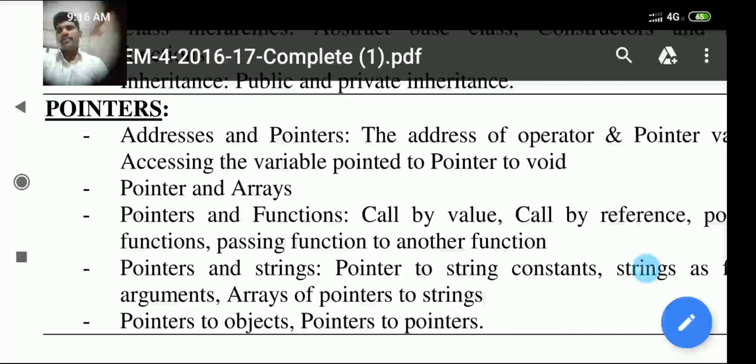Even though I have to cover one more unit, we will see that unit later. Now in pointers, what are the topics that we have to cover? Look here carefully. I want to read out the topics that are given in your syllabus.